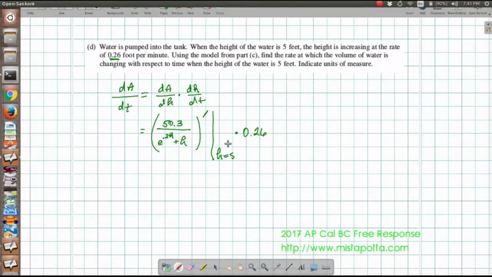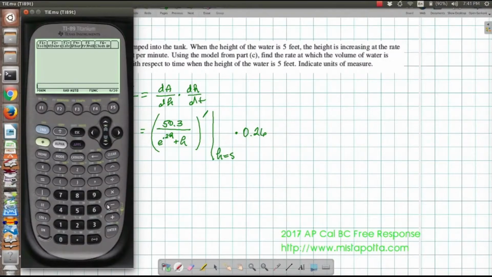So taking our handy dandy calculator, we're going to take the derivative of my numerator, 50.3, divided by e to the 0.2 times h, close parentheses, plus